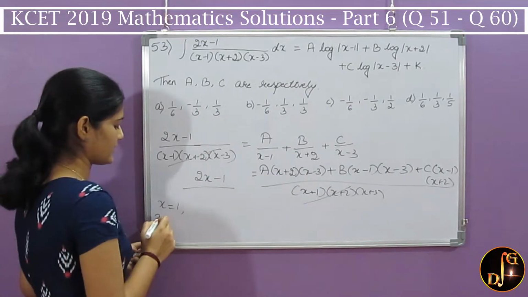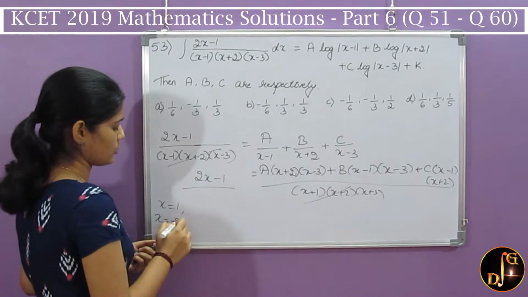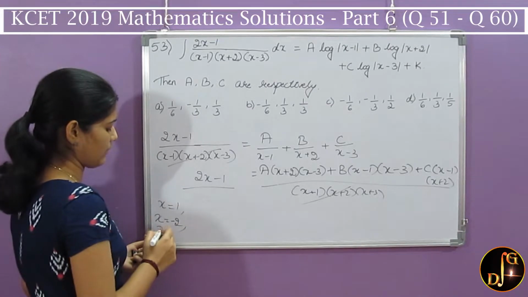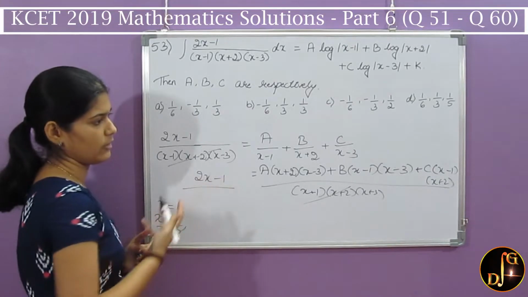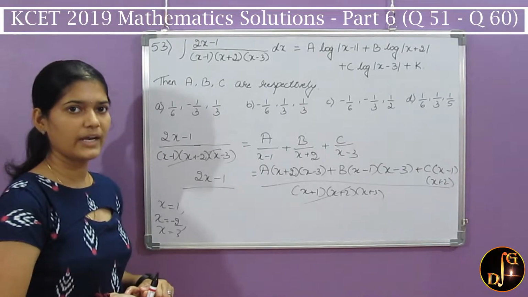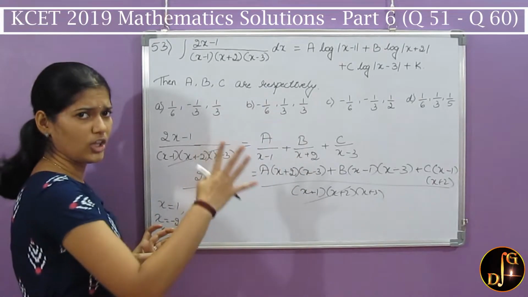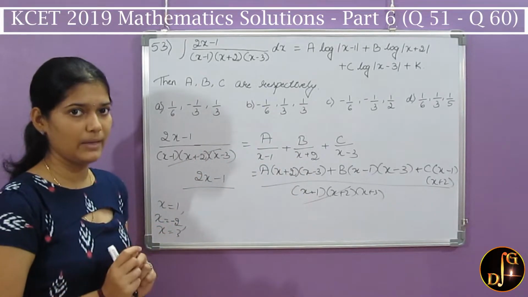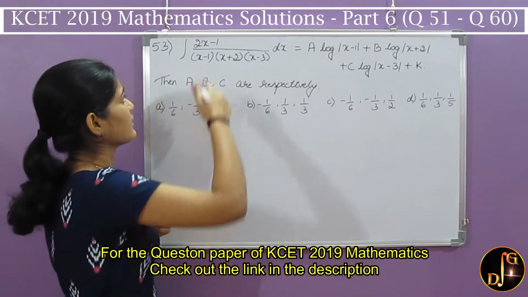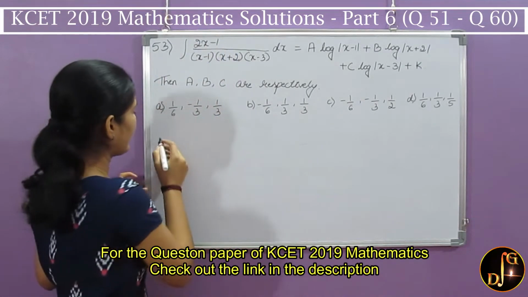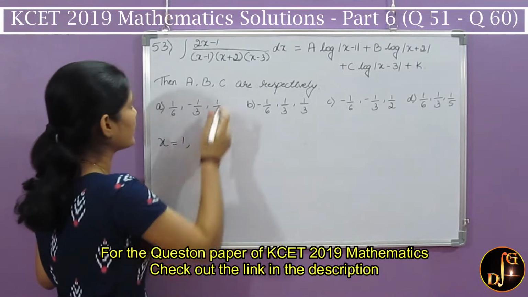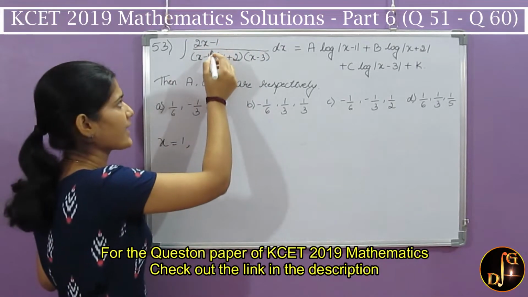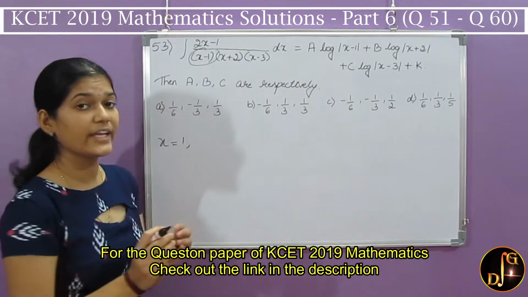If we apply x is equal to minus 2, then we will get the value of b. If we apply x is equal to 3, then we will find the value of c. Right? Instead of doing all this, I will tell you a simple method. That is, if you apply x is equal to 1 in this function except this value,